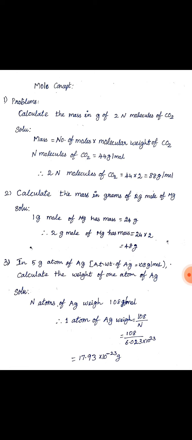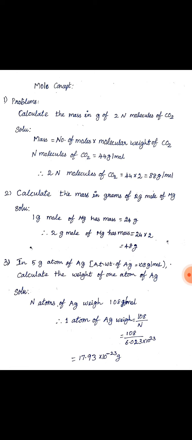See the question, you have to underline CO2, where we have the mass of CO2 equal to 2N molecules. Now we have to write mass equal to number of moles into molecular weight of CO2. N molecules of CO2, we know that already. How will you calculate the CO2 mass? C means carbon 12. Oxygen's atomic mass is 16. 2 into oxygen means 32, plus 12. You will be getting 44 gram per mole. That is the mass.